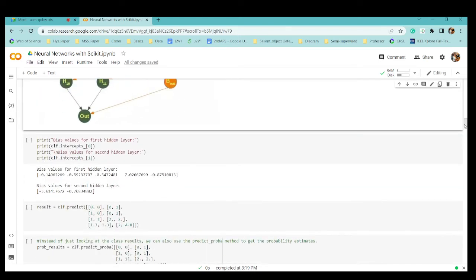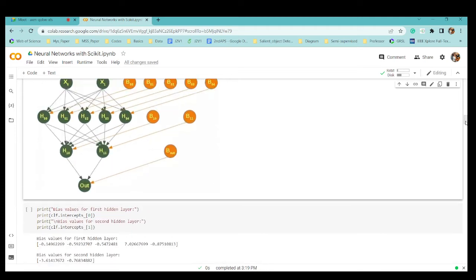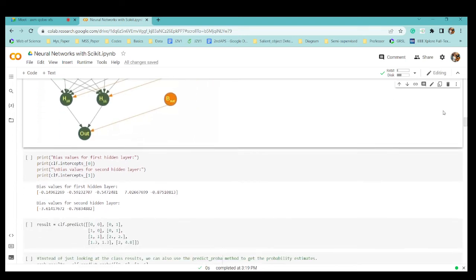Going back, this is what we talked about: weights and hidden layer values. There's something else called biases. These yellow circles, B0001, are called biases. I need the values for the first hidden layer biases and the second hidden layer biases.